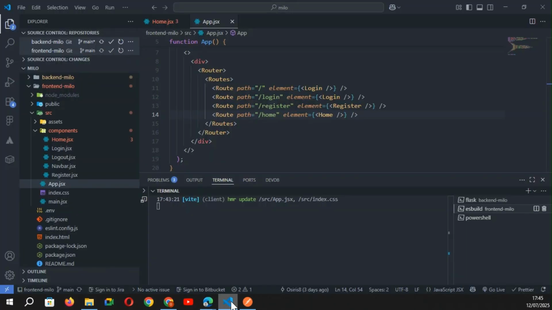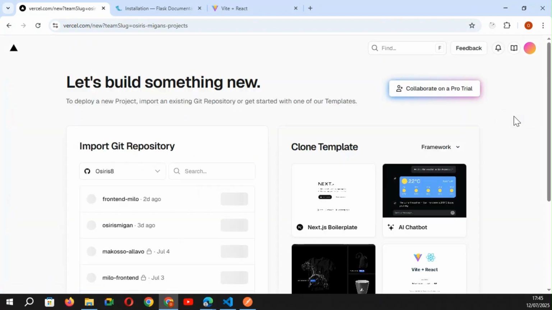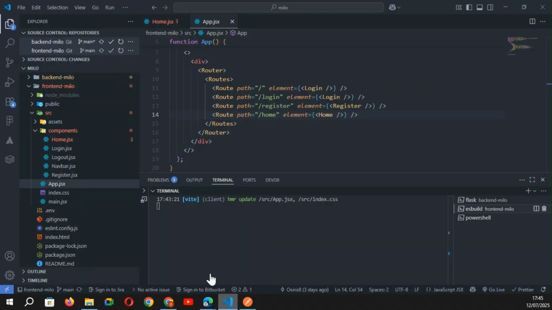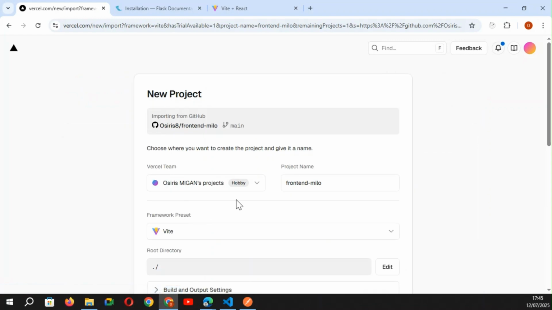If I click on add new project, my project here is Frontend Milo. And if I click on import, Frontend Milo,